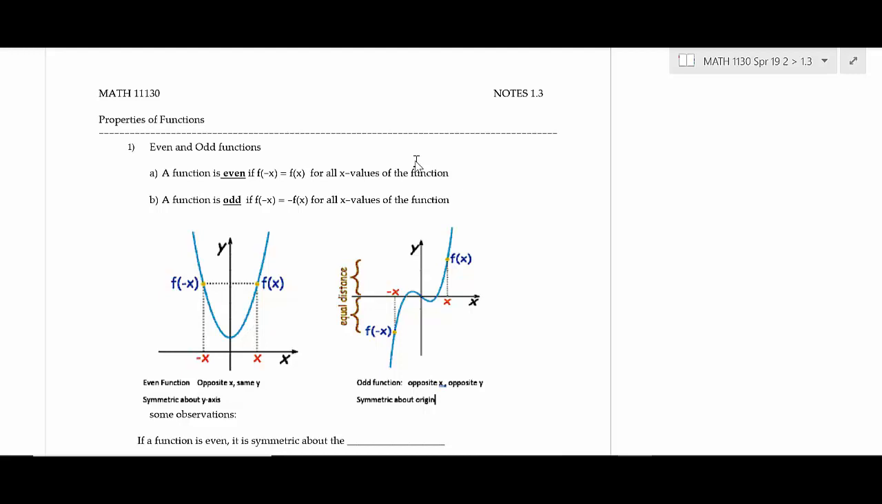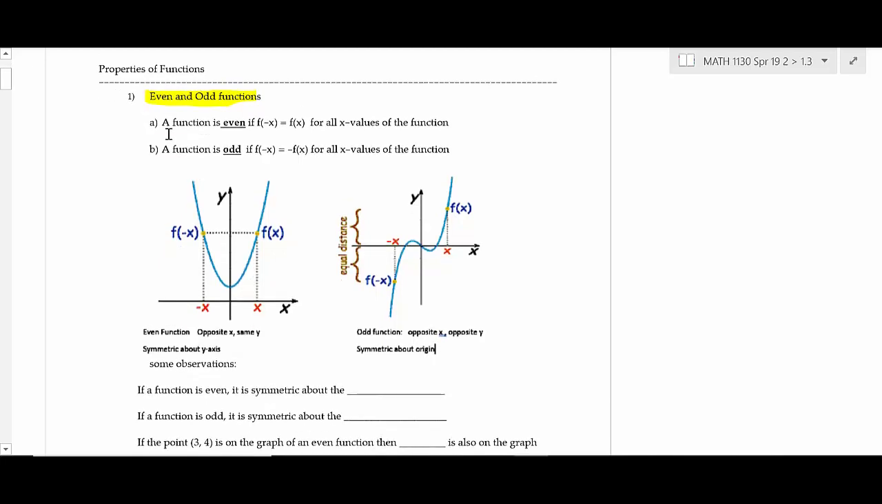Okay, so the first thing I want to go over on this is what's meant by even and odd functions. If you had some pre-calc, you would have learned this kind of idea. The first thing I want to show you is that these functions have a certain kind of symmetry to them. So the idea is an even function, and a lot of times